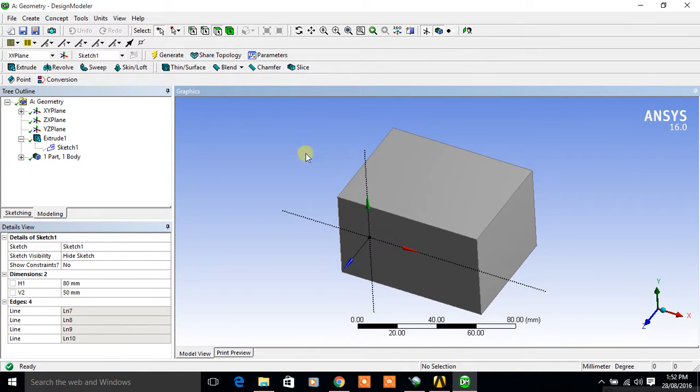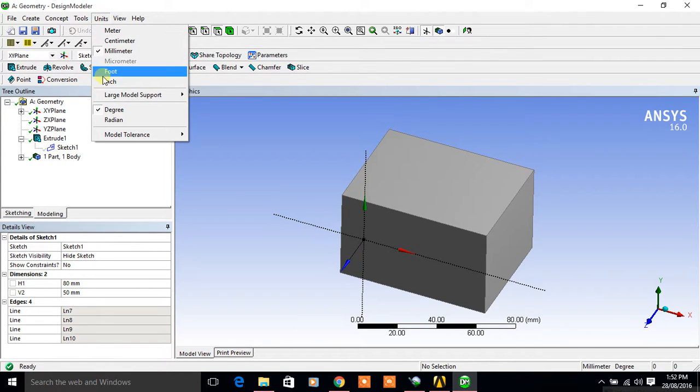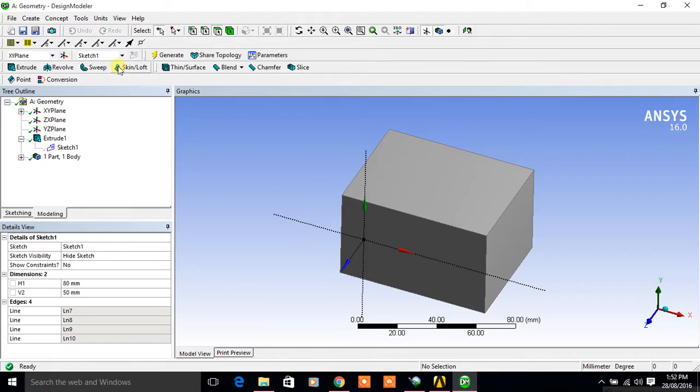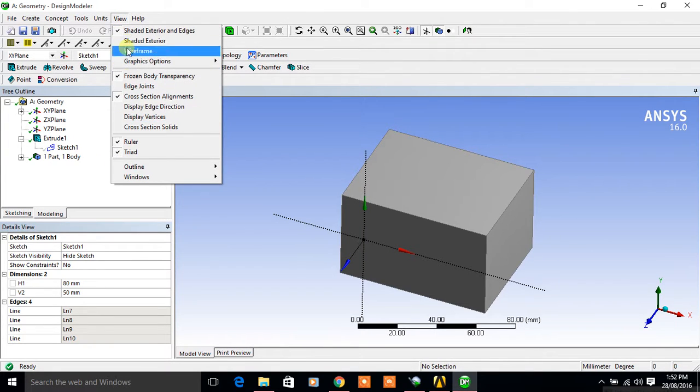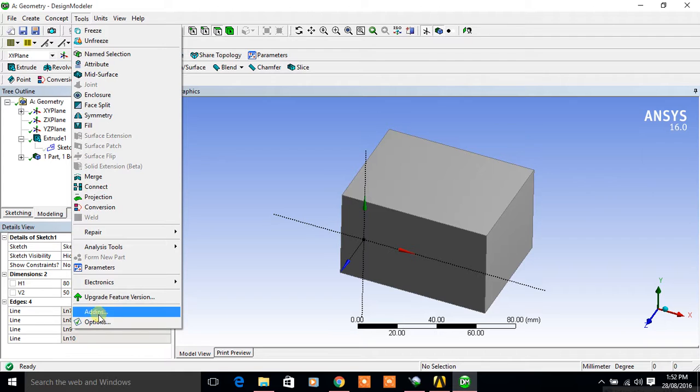There are various things which I want to discuss over here. Now you see that you can also change the unit from this place, and in view you can see the different things which you want to see on your tab. Now in tool there are options.